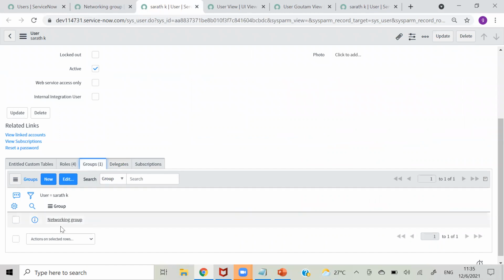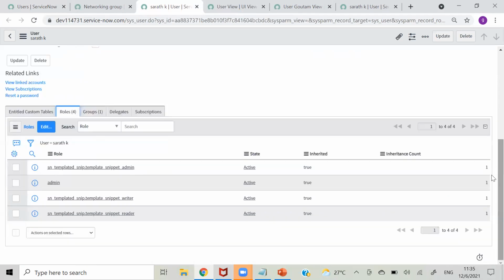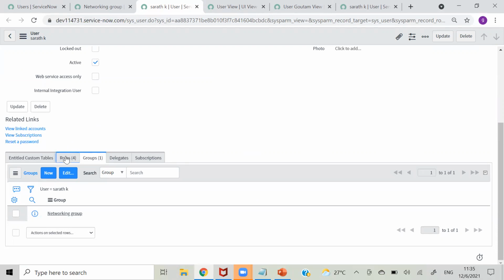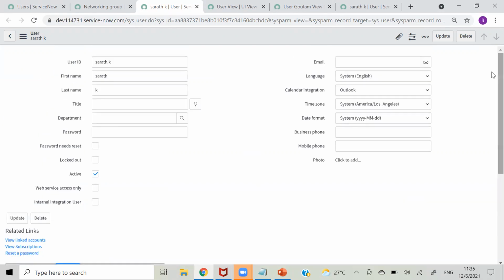So let's see here, he is part of the networking group, and he has this role, like I have added admin, and all these remaining were child roles to that, so that got added to him. So now Sharath is a member of this group, and he has the admin role. Okay, so clear how we can add roles, how we can give roles to a group.